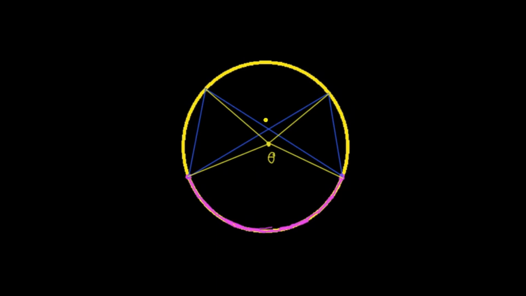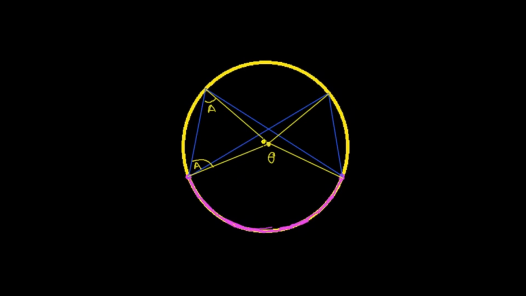What we notice here is that these two lines are the radius of this circle. That means they should have equal length. So what does it mean? That means this triangle here should be an isosceles triangle. That means this angle and this angle here should be the same. Let me define this: let's say this is angle A, this one here angle A, and this one here angle A, because they have the same angle.